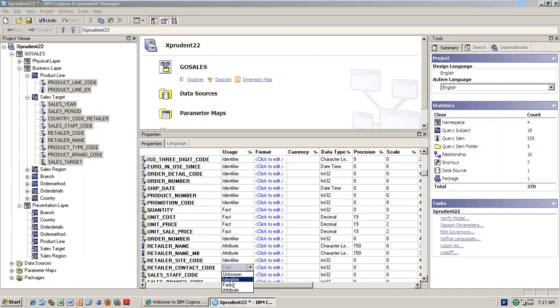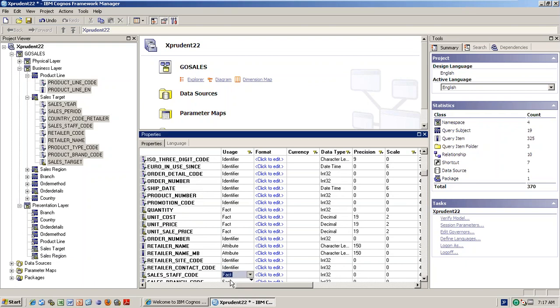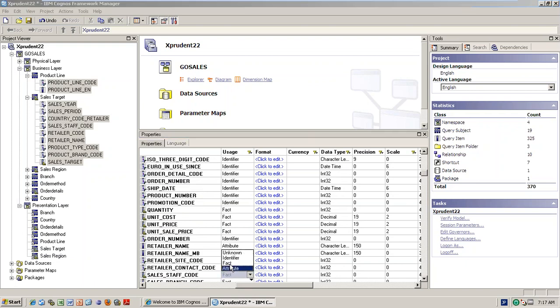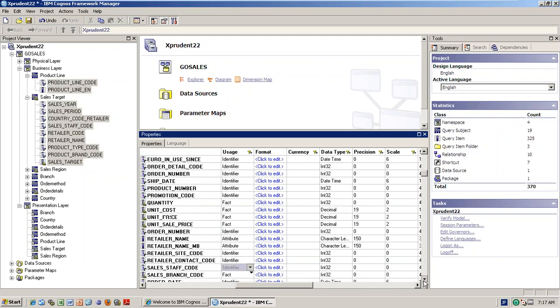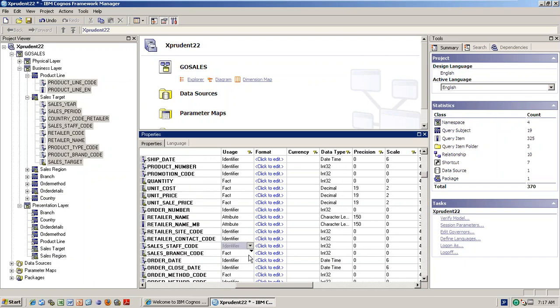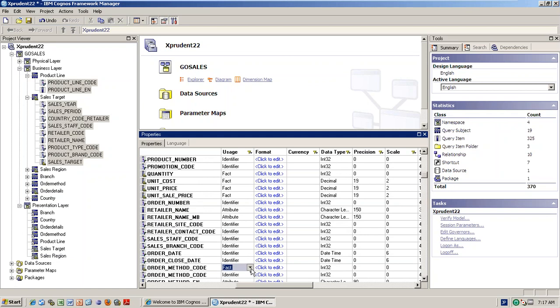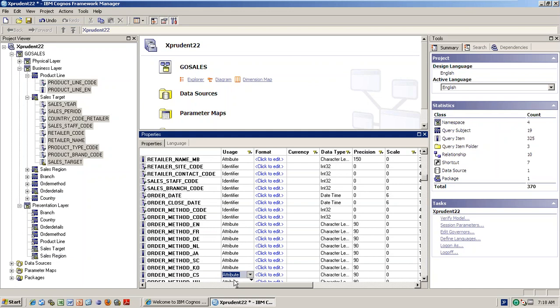This is also identifier. So staff code is also identifier. So instead of going one by one column-wise, you can do like this. Okay. Method code is identifier. So in this situation, it will be much useful, right? Like this.